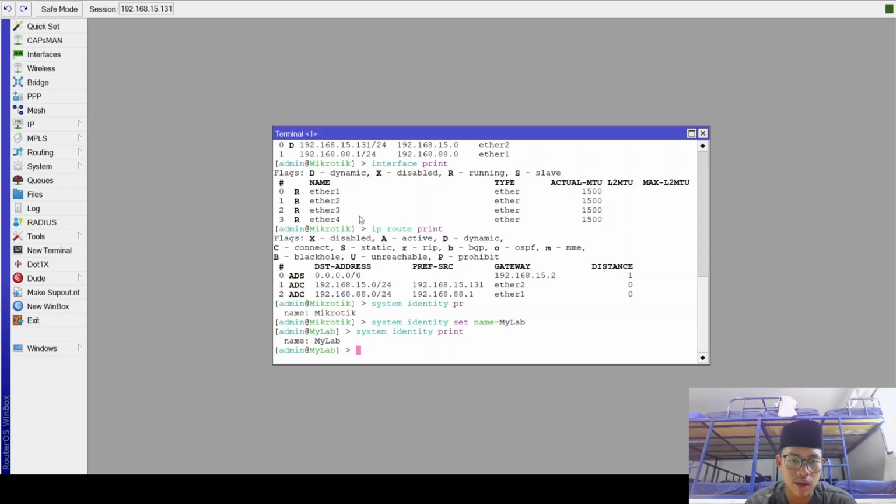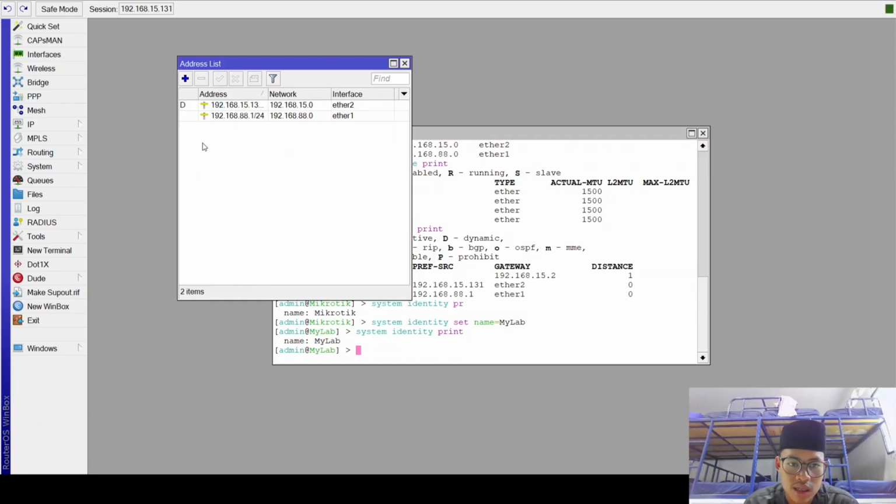Then in Winbox, you can also do it with IP. You can click the IP menu and click Addresses. With this you can manage it as you like.